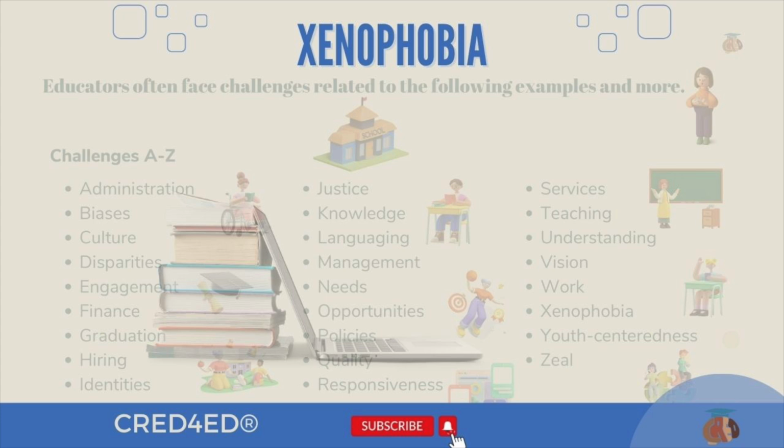Well, I think it starts with awareness, right? We need to help people recognize xenophobia when they see it, whether it's a blatant act of discrimination or a subtle microaggression. But then awareness isn't enough. We also have to equip people with the skills and the confidence to speak up against injustice, to advocate for inclusive policies, to create welcoming environments.